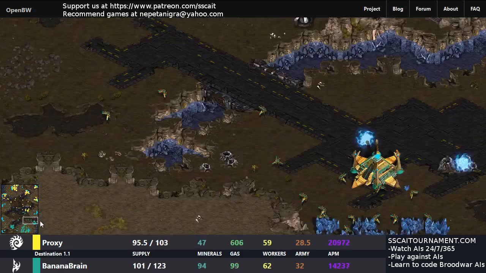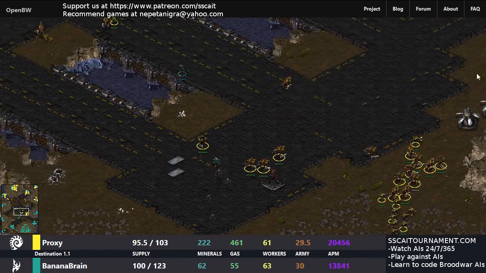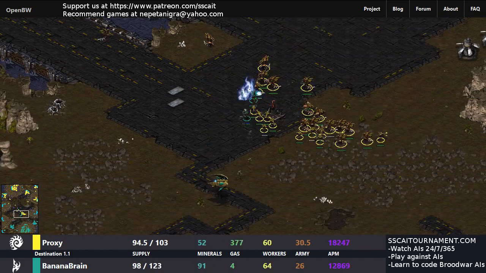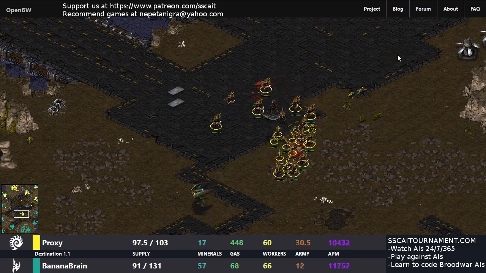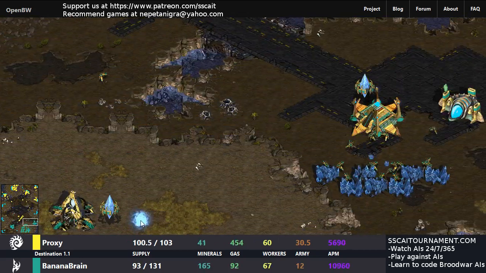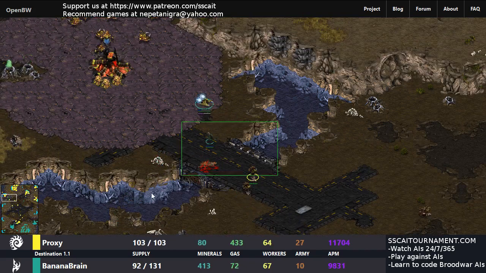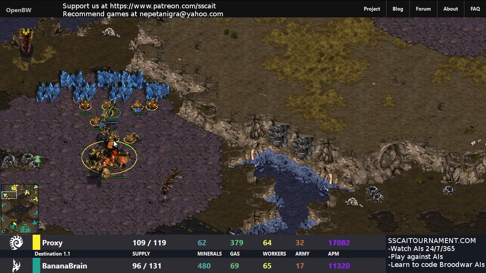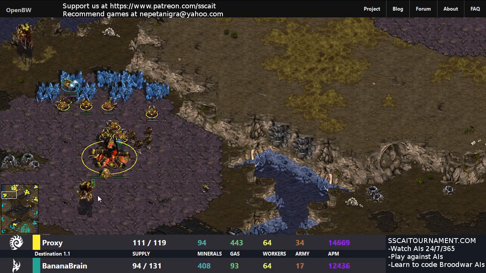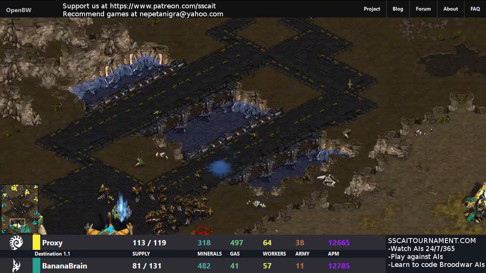Third base up and running for Banana Brain, and this is a really wacky asynchronous kind of match where Banana Brain doesn't really get any units which can harm large groups of Hydras. There are the occasional Dark Templars. Where are they? One's over here doing a lot of damage. There is no overlord, and now it's in a mineral line. So, there is an overlord just now, and it allows these ground forces to dispatch